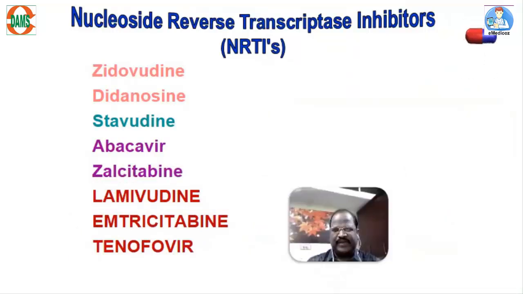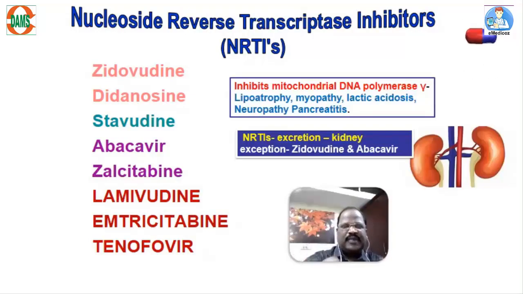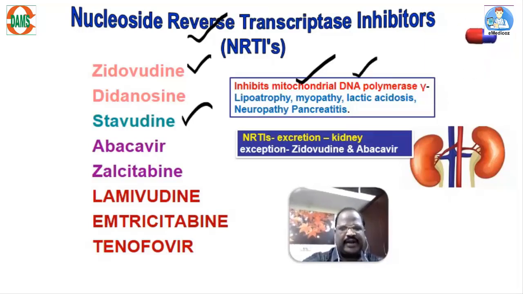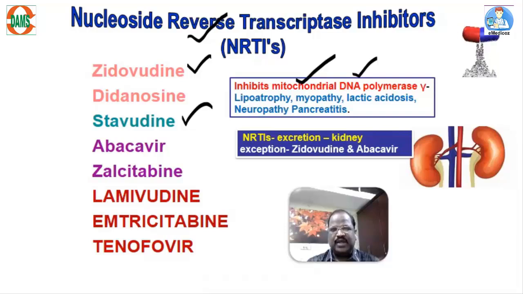Another important general information, all the reverse transcriptase inhibitors not only inhibit reverse transcriptase enzyme, they may inhibit human mitochondrial DNA polymerase gamma. By inhibiting mitochondrial DNA polymerase gamma, they may cause some general adverse effects like lipoatrophy, myopathy, lactic acidosis, neuropathy and pancreatitis. This problem is more with Zidovudine and Stavudine. Remember doctor, in addition to inhibiting reverse transcriptase enzyme, they also inhibit human mitochondrial DNA polymerase gamma, resulting in